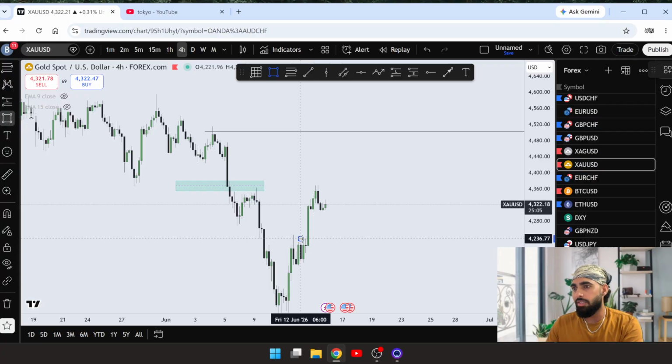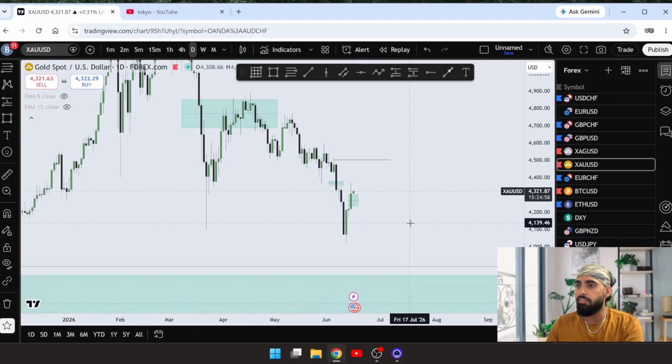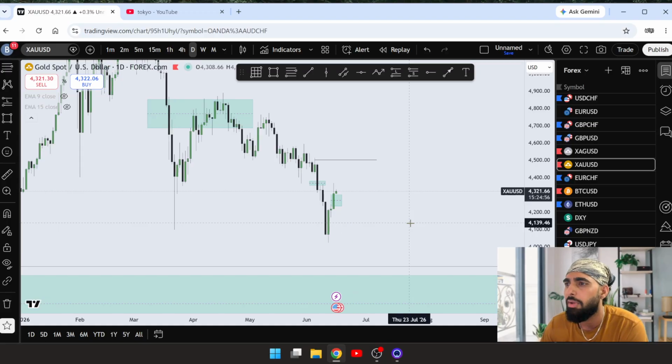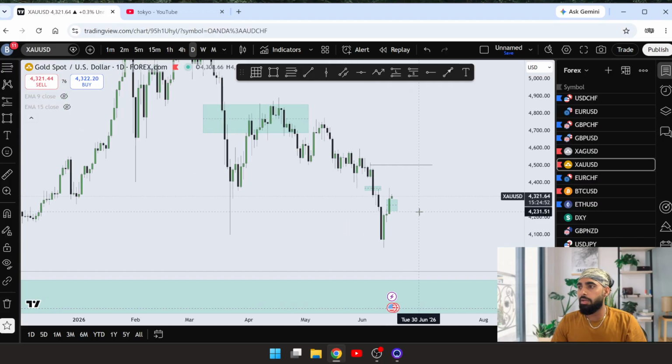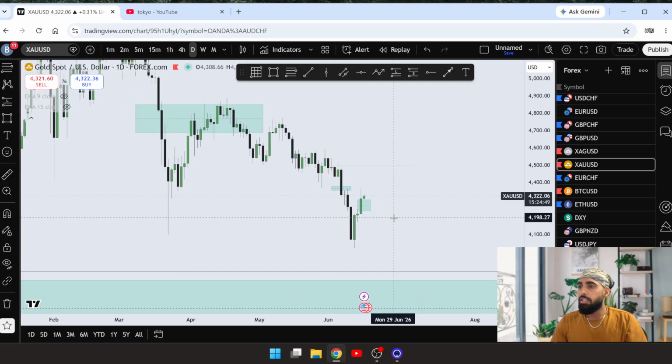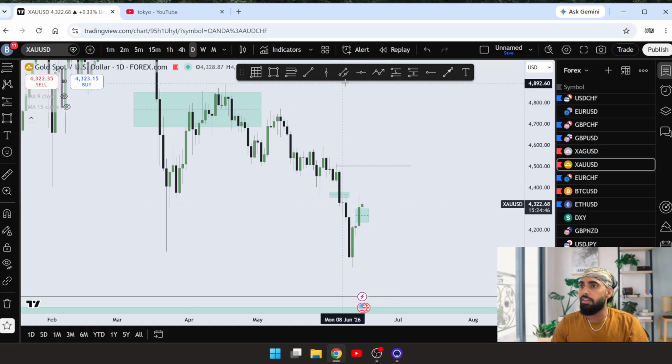Nothing is very much clear, guys. This is a bullish, buy side liquidity, I mean, I don't know what it's called in full form. This is a bullish fair value gap, and the market is gonna have some reaction from here. So right now gold has nothing for me. I don't have anything on gold, but what I can do is wait for the market to have some